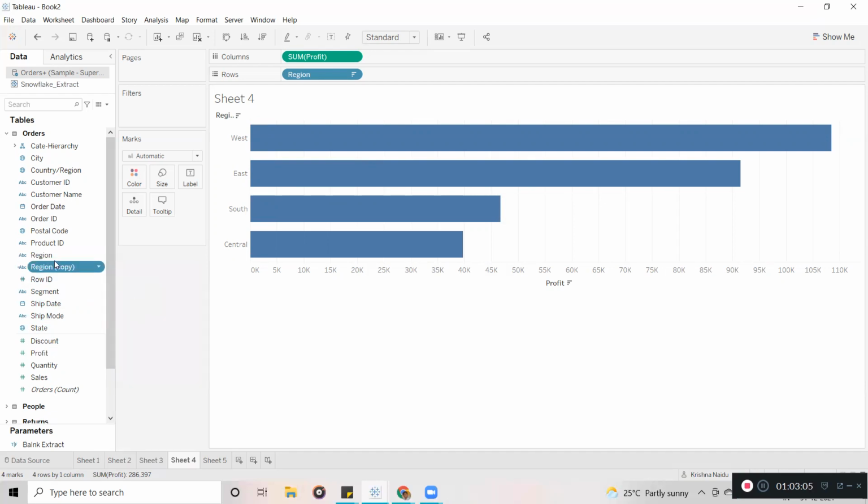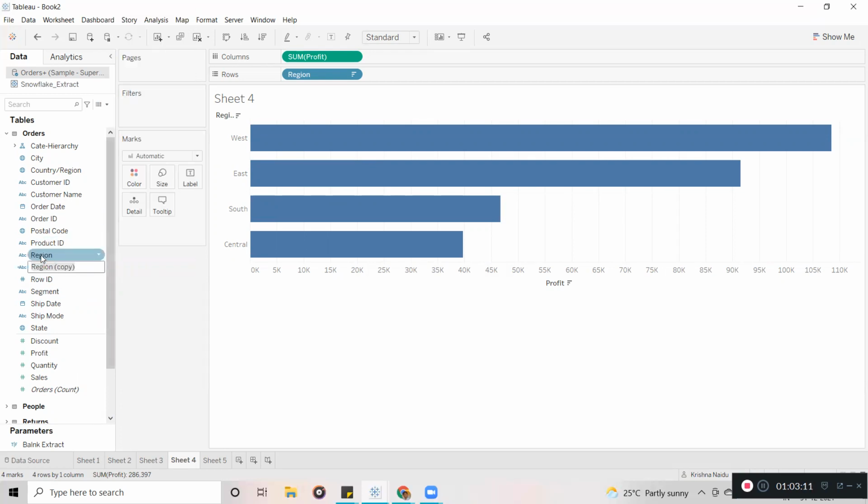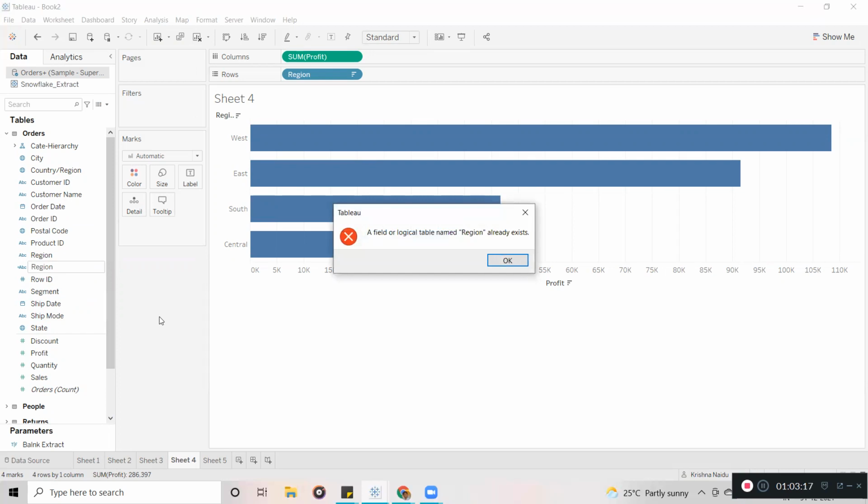Just duplicate it. Now here I'm going to rename it. See guys, whenever you rename, it is not going to take the same name. If you try to give the same name, it throws an error message: a field or logical table named region already exists. It is saying there is already a region name.